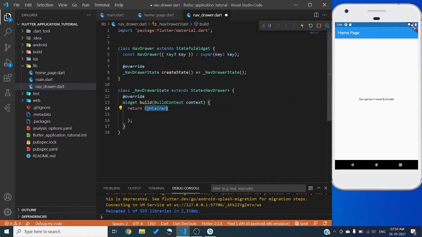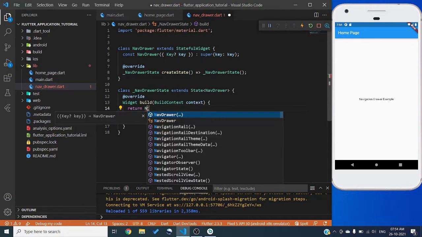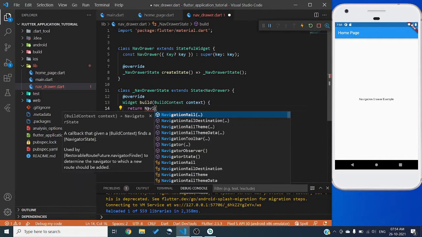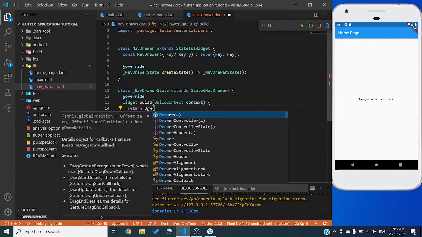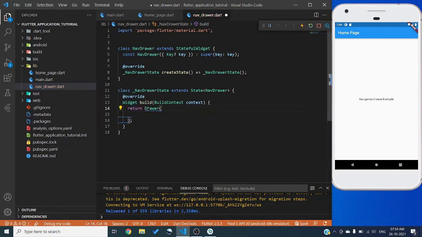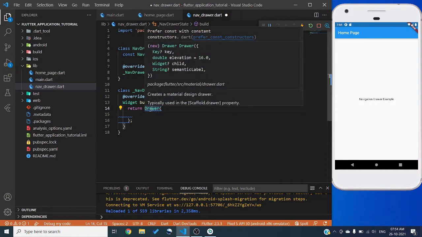Okay. Inside the container we are going to create a drawer widget. Inside the drawer widget,